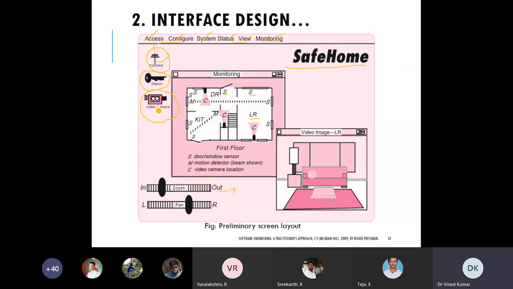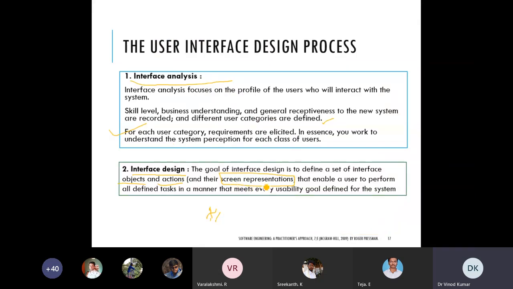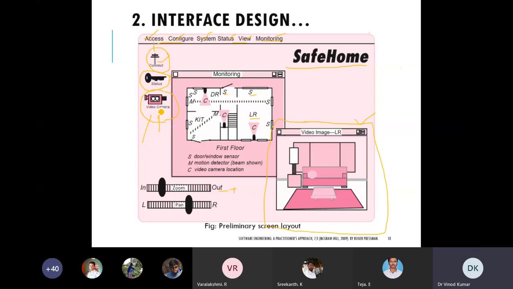Okay, this is a video icon, which means if I click here, I can go to this icon to start the video, or you can do different actions based on the supported actions in the symbol. So like this you can do. You can open a new window when you click the video camera, then you can get a different window corresponding to that particular object. So this is the screen representations. Whatever objects and actions are there, we have the screen representations.